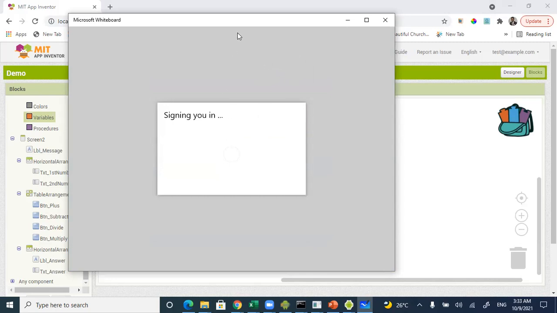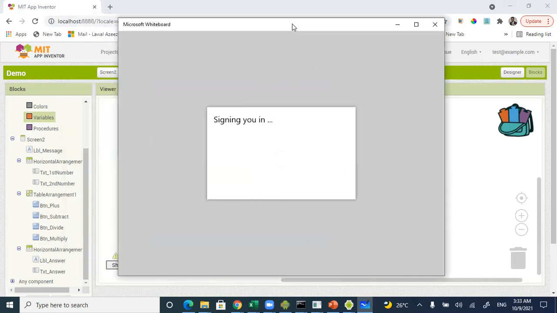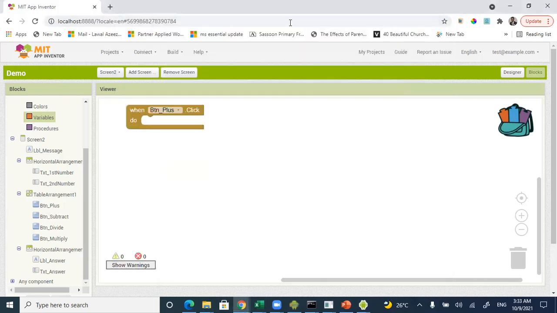I hope this works because I really want to use it to do some writings. If this is not working, let me share whiteboard from Zoom. Okay, so